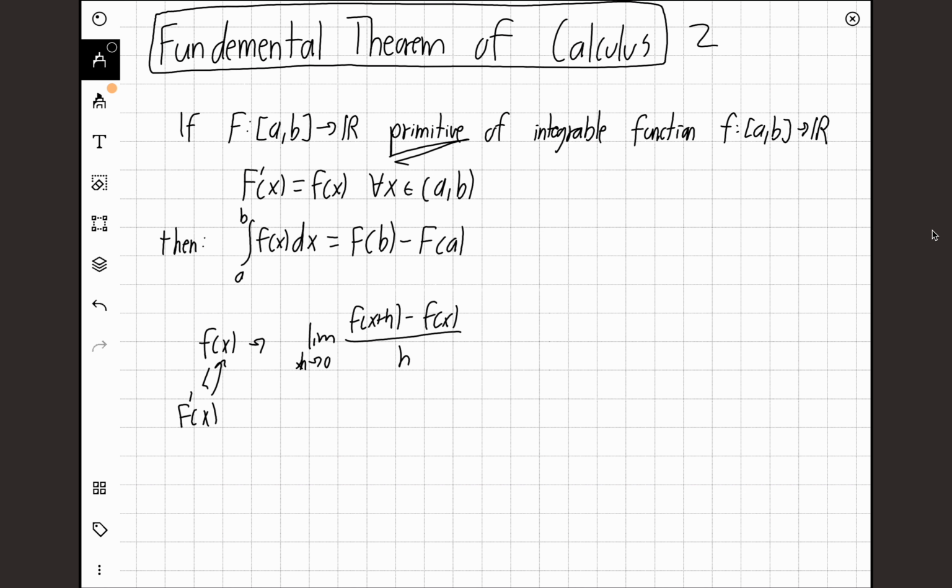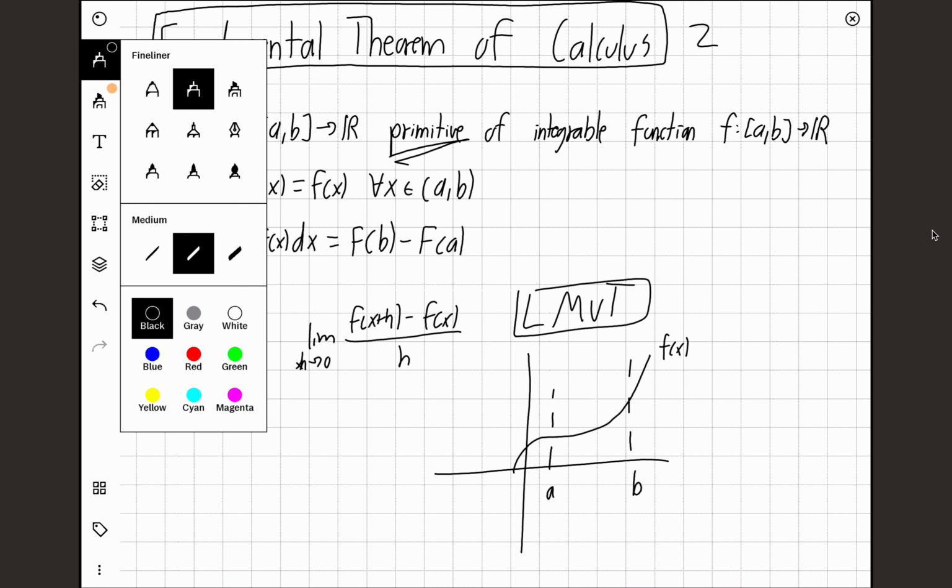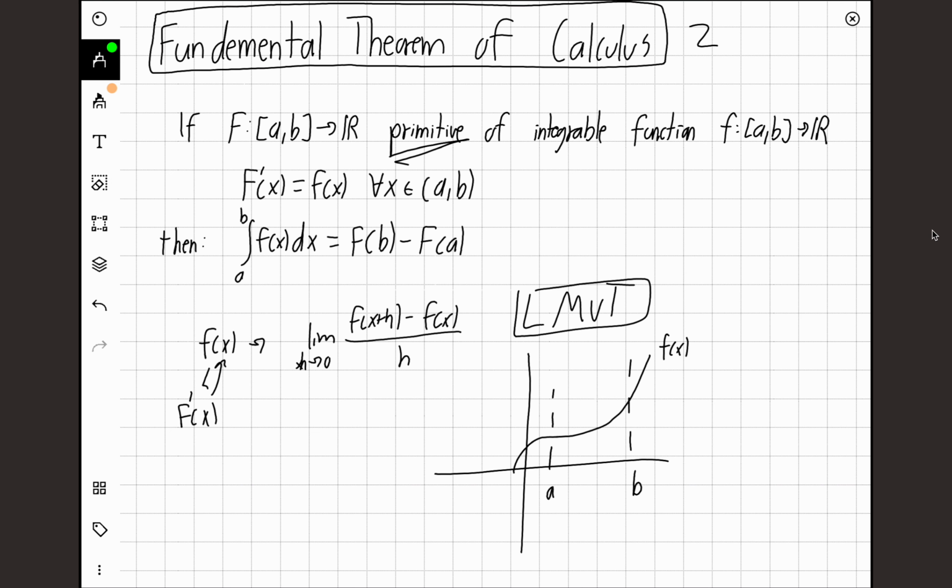Lagrange's mean value theorem is a very, very simple classic theorem. It says that if we have any function f of x, and this function is continuous on an interval from a to b, then if I take the average slope of this function, which is just f of b minus f of a over b minus a, or y2 minus y1 over x2 minus x1,